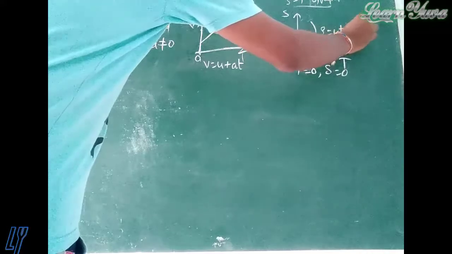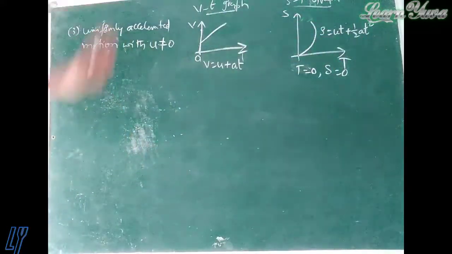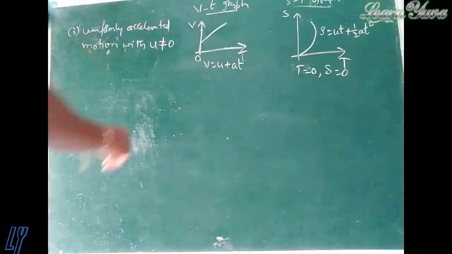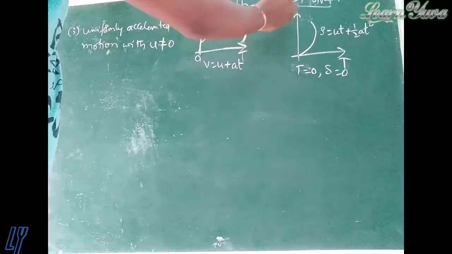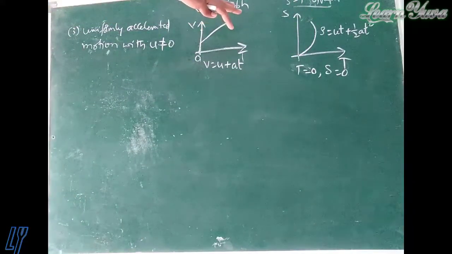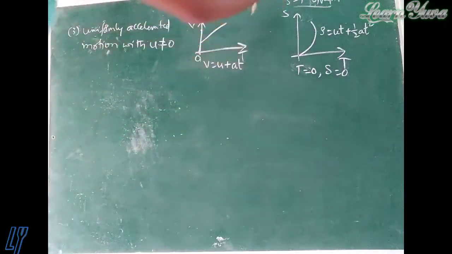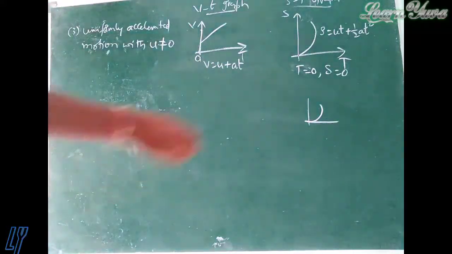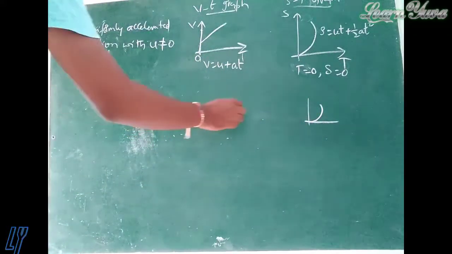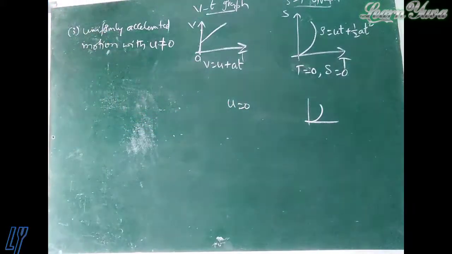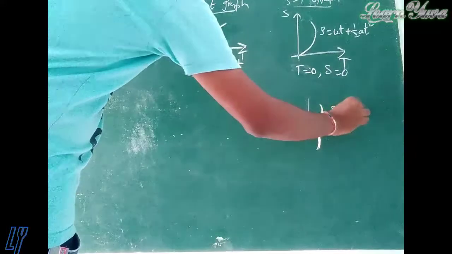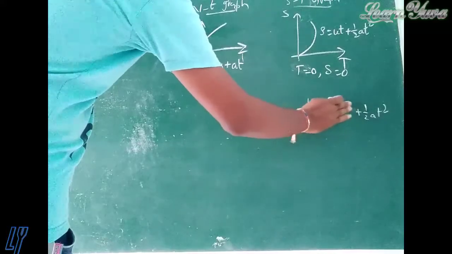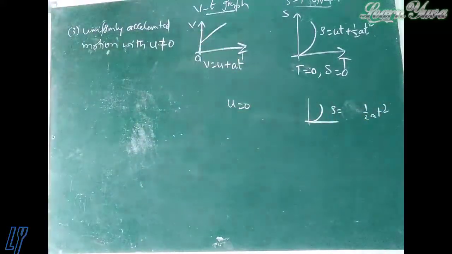So here we can apply the formula s is equal to ut plus half at square. In the previous case, for the displacement time graph, the slope will be like this, but related to that velocity time graph, u is equal to 0 at that second point. So the whole term ut is 0. That's why we apply s is equal to half at square.